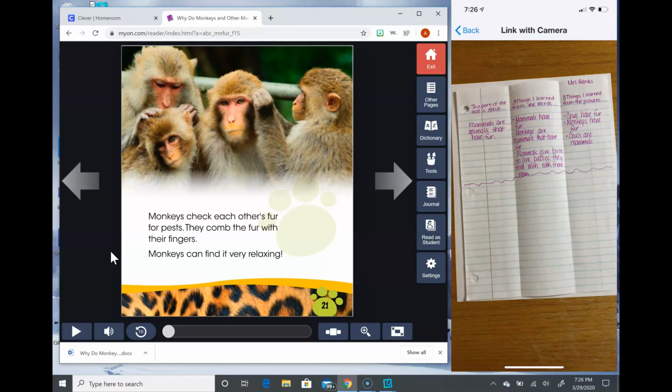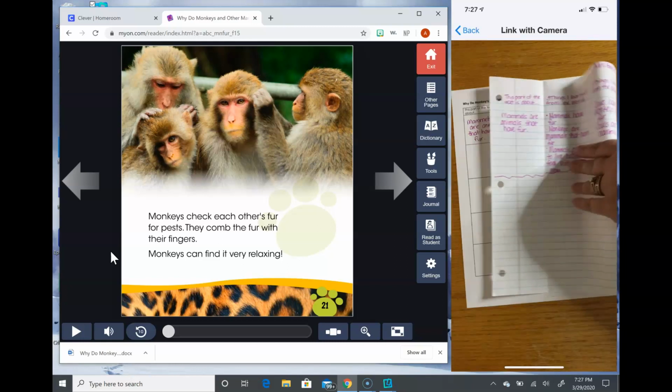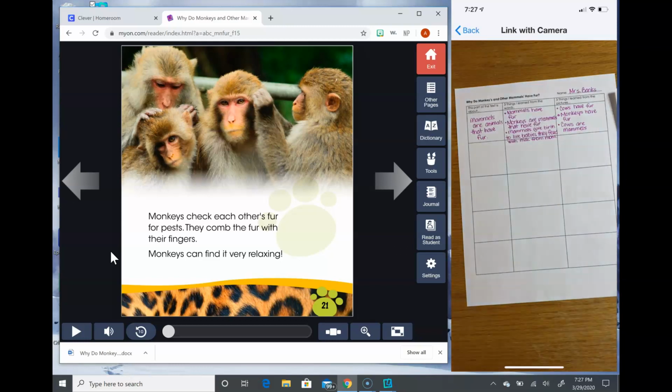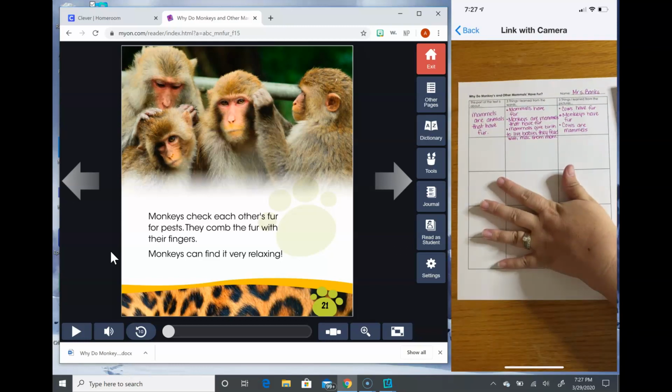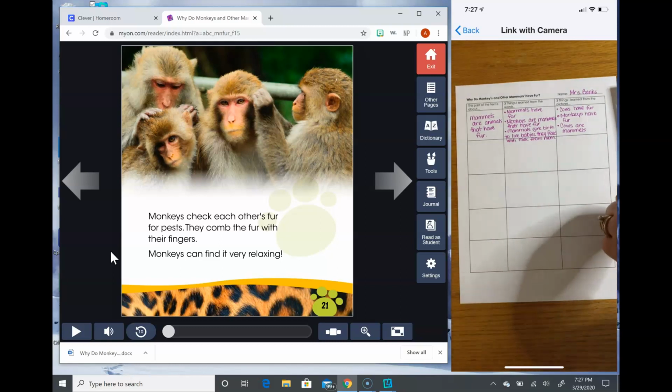All right, when you're ready to turn it in on Friday, you're going to take a picture of the work that you did, either a picture of the piece of paper or a picture of the graphic organizer, and then you're going to have your mom and dad